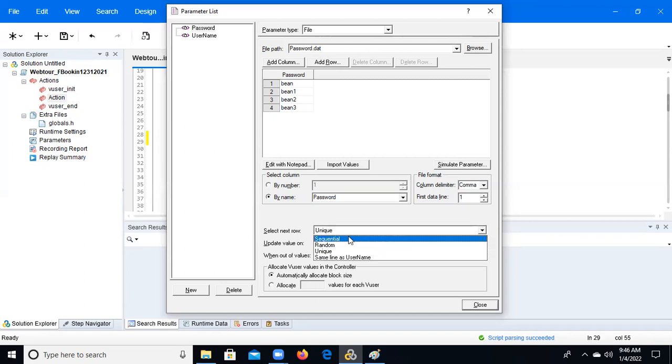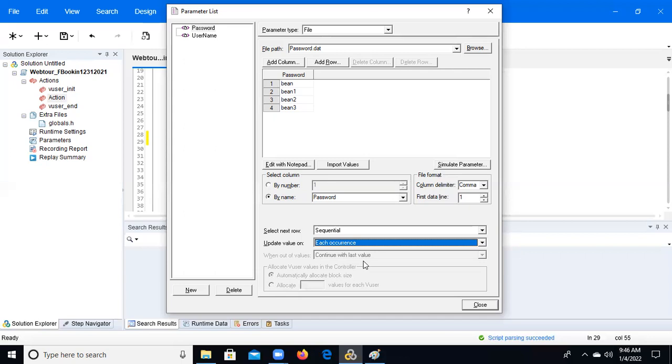Then we go to sequential, and we have each occurrence. Now we can discuss occurrences. What are occurrences? It means values update on every occurrence. Sequential means every user picks the first data point only.